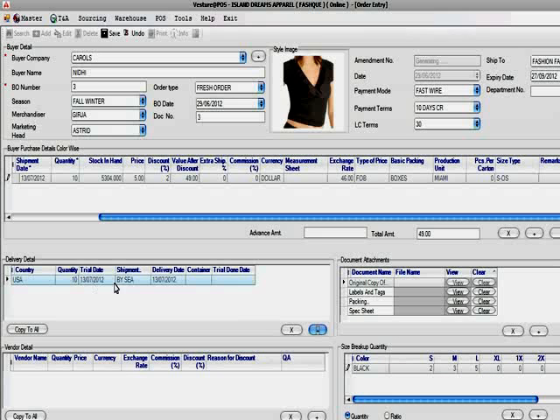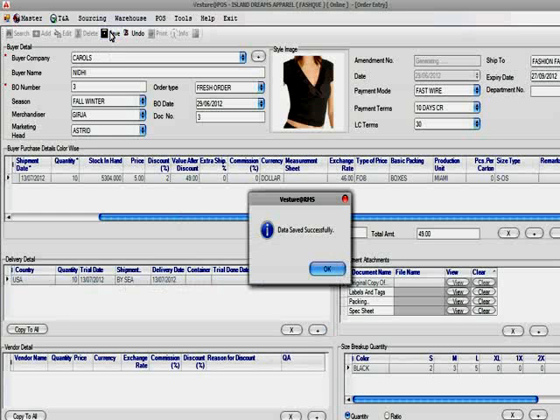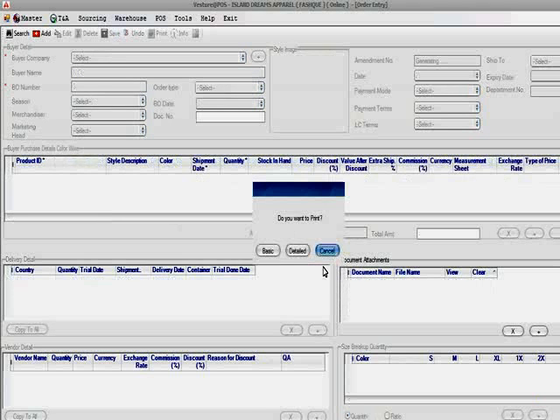ordered, its trial date, its shipment date, its delivery date, container and trial date, and we'll click on just save to save this order entry. After saving, it will ask us to see the print of this buyer order. We'll click on detail